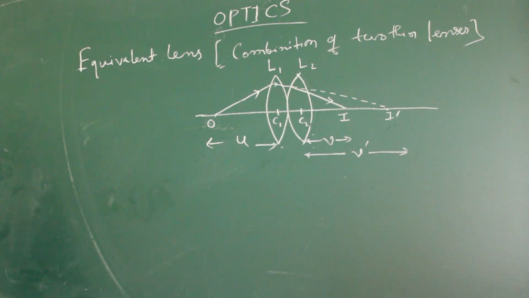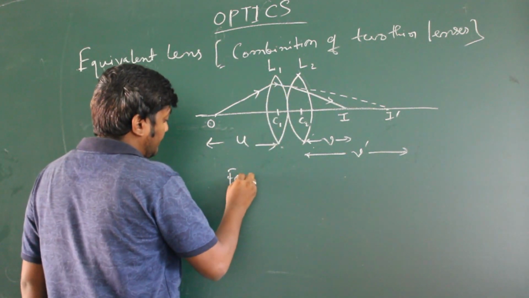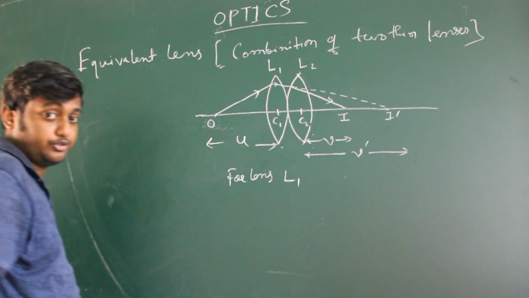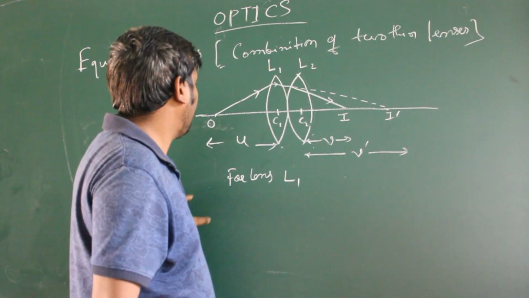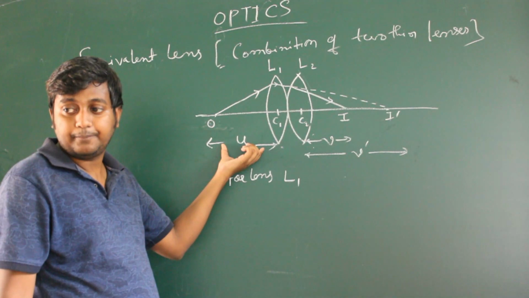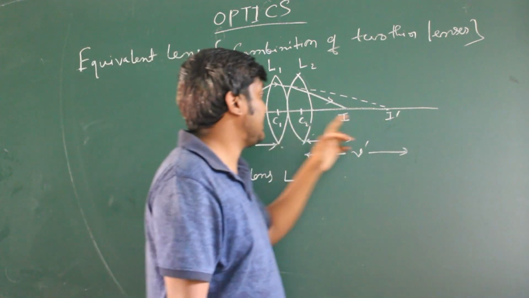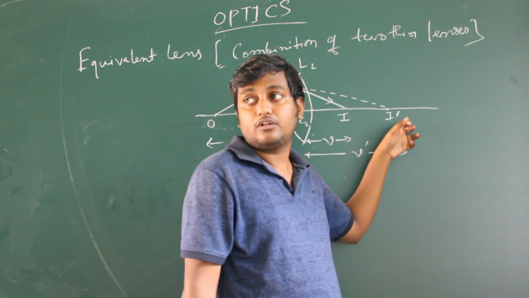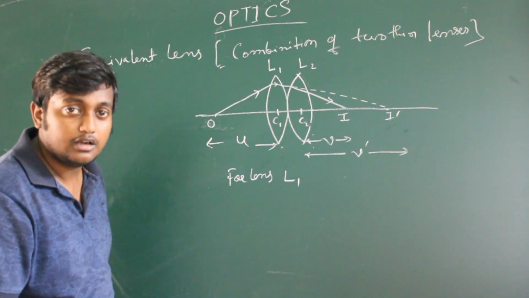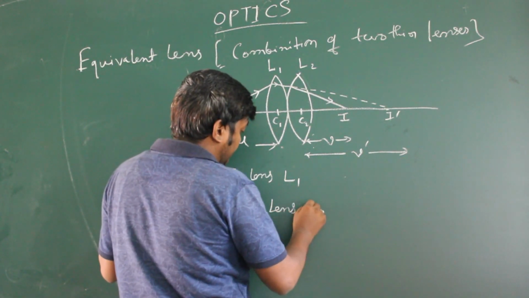Now see, first we consider lens L1. For lens L1, what is the object distance? U is the object distance. And for lens L1, what is the image? I dash is the image. So what will be the image distance? Here V dash will be the image distance. So for lens 1, the lens equation will be given by